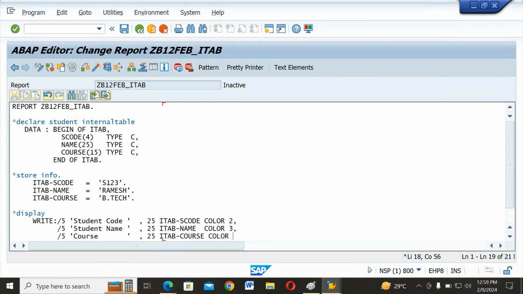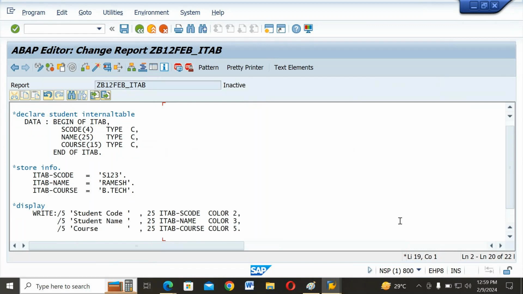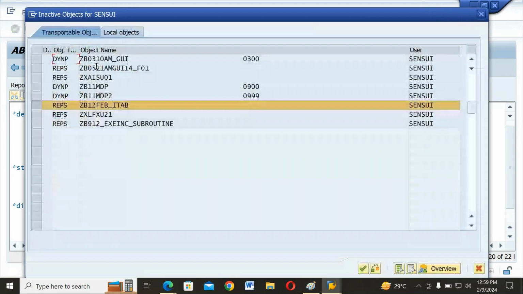Like this we can apply this concept. Okay, so let me compile, and when you run the program you see at runtime how it allocates memory for you to display,